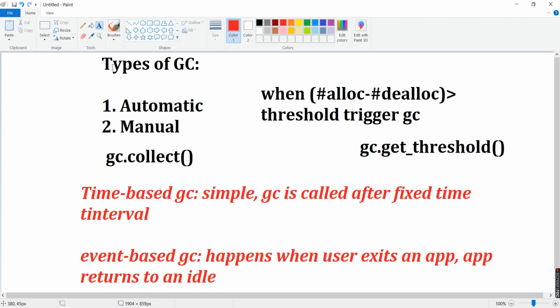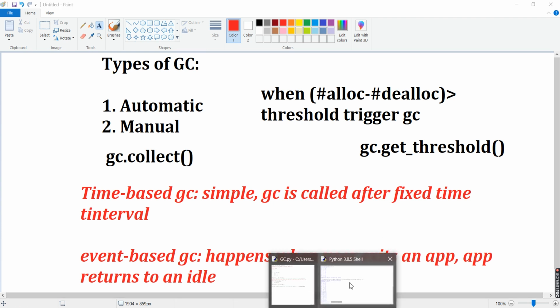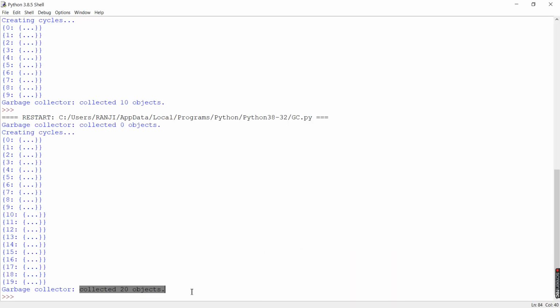Now there are some methods that are seen in this gc. Obviously I'll not show all of them, but a few which I think you should know. First is gc dot.